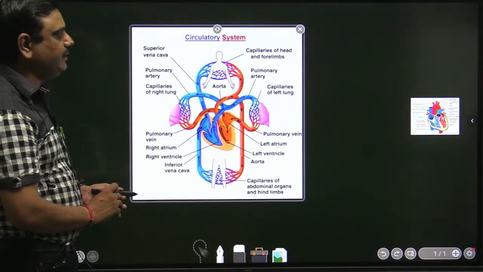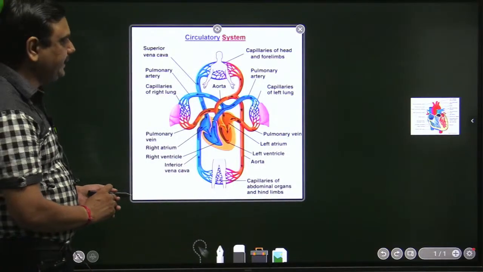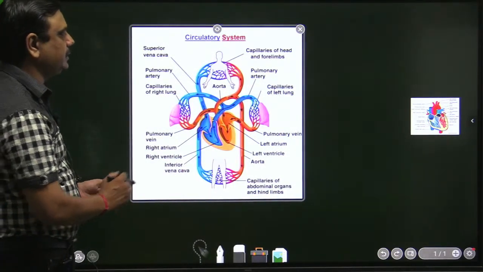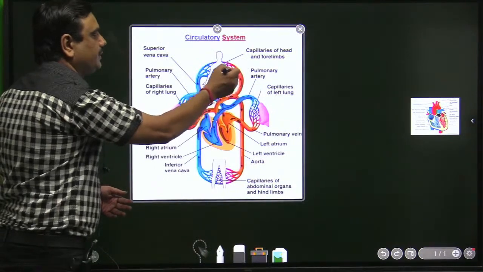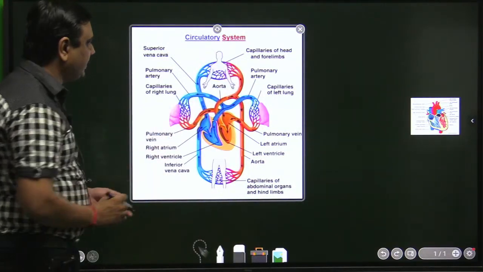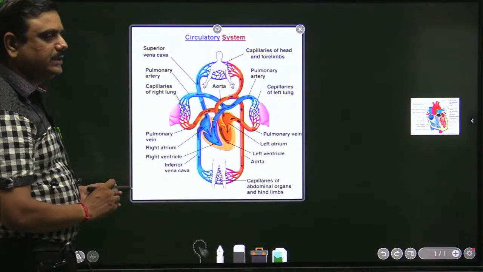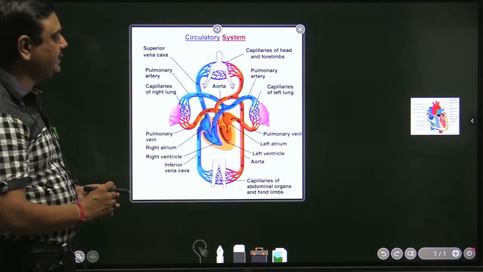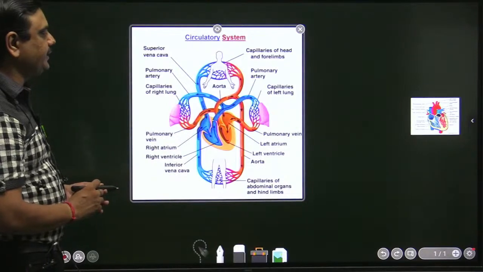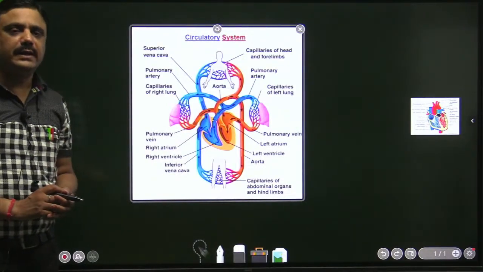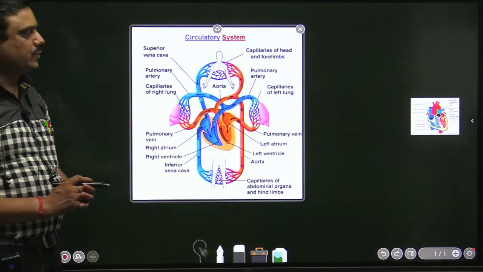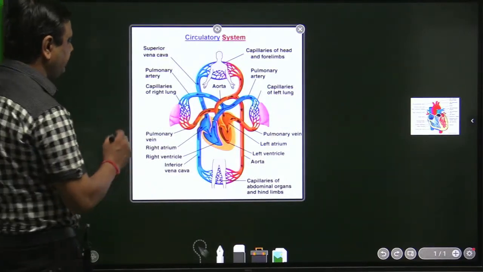Aorta is the main artery of the body, and this aorta afterwards divides into arteries. These arteries are further divided into smaller branches called arterioles, and these arterioles are connected with the capillaries. So what we can say? We can say that